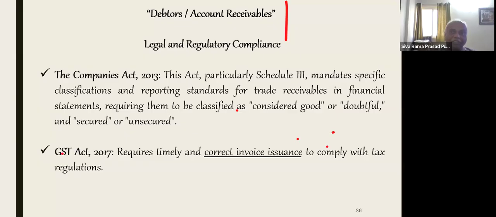Mandate specific classification reporting standards: trade receivables in the financial statements are classified as considered good, doubtful, secured, unsecured, like that. Even in banks, standard, substandard, doubtful and loss assets are there. Once it is substandard, they are initiating CIRP. But if this company is in good condition, they can also initiate the CIRP on another company, particularly a B2B company,